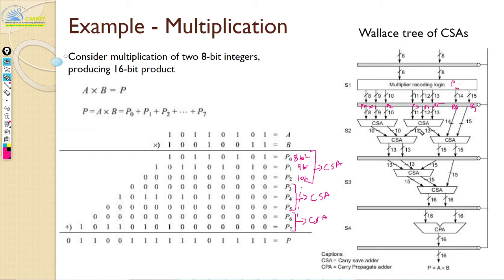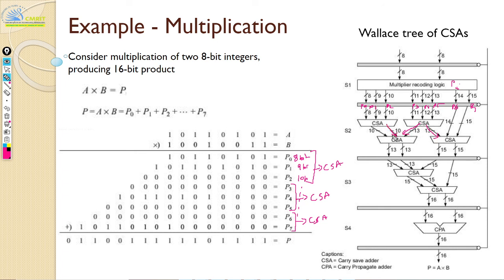Now the magic of this is that you can actually play around with this. You can send this carry here and this sum here to different adders. Still the output is going to be correct, because it's just partial sums, right? You're just going to add these two. It really doesn't matter which adder is adding those two. So it becomes a partial sum to another carry save adder.